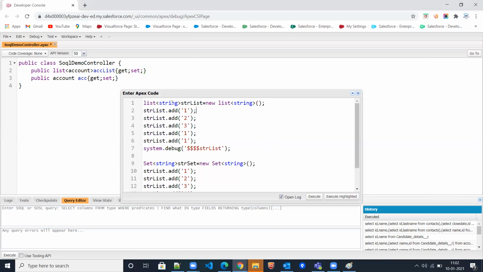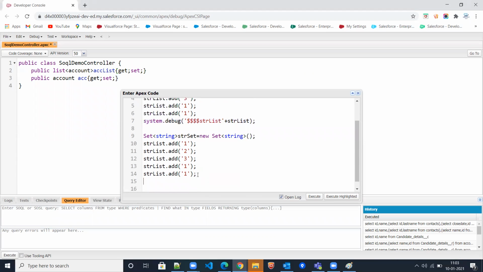But in case your Visualforce page is not working, or you are not using a Visualforce page, or you are doing some integration, at that time you have to write a debug statement to debug the code. This is a naming convention only, like str list, and you can write it like this.